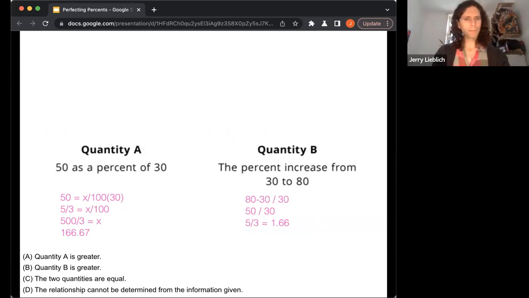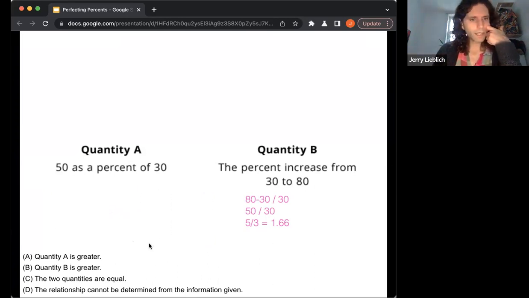I misread this. You want to actually just set this up as 50 over 30 equals x over 100. My apologies, I'm getting as my answer is C, but